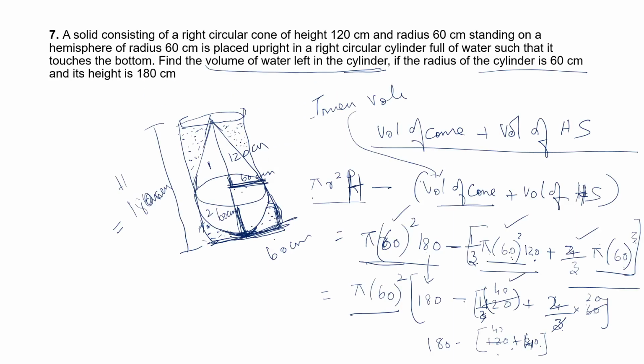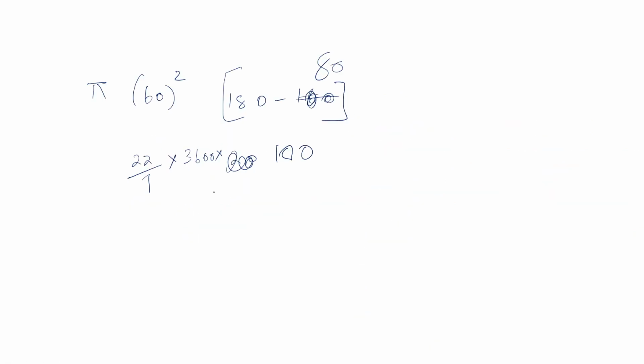So substitute the values, just understand the concept clearly. Cylinder minus cone minus hemisphere, substitute all the values and do the calculation. You will get around like this. What is the value here? It will be 1131428.5 centimeter cube. Okay, what is this? This is the volume left out. If you are converting in meter, you can convert it as 1.131 meter cube.